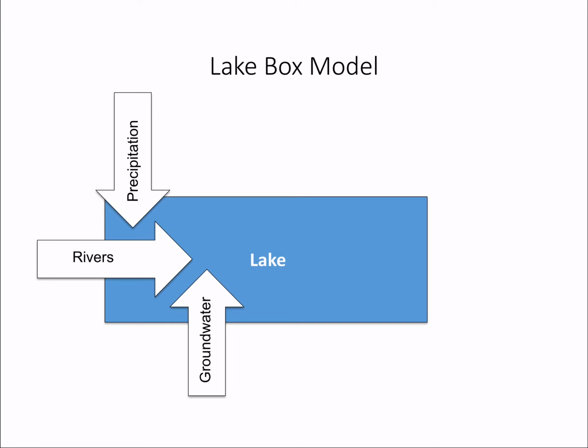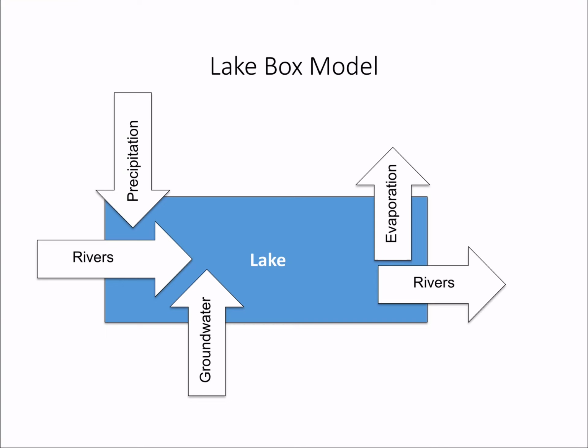Now what about ways that water can leave a lake? Why don't you think about that for a few seconds? Maybe you thought that water can leave a lake through evaporation, the opposite of precipitation. Or water could also leave the lake through rivers as well. So this is a conceptual model of how water is going to enter and leave this specific lake. Of course, these things will vary based on where you are in the world and what lake you're specifically studying.